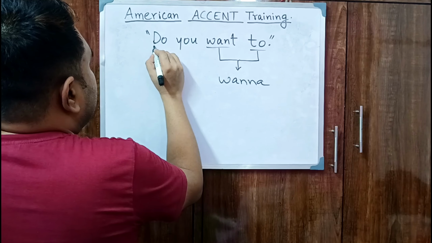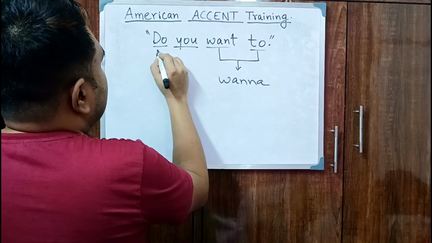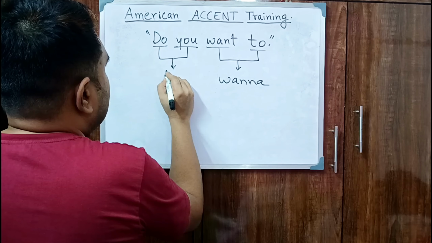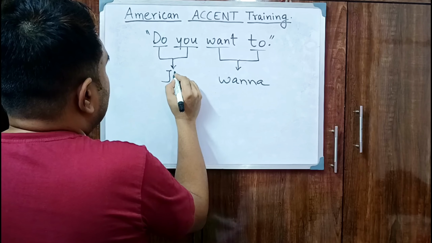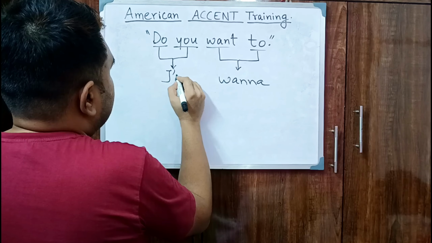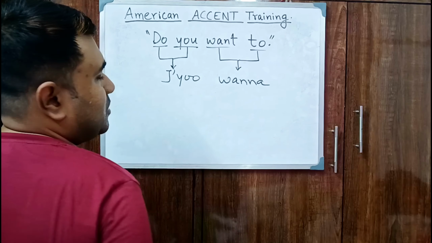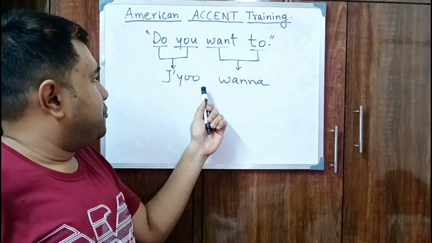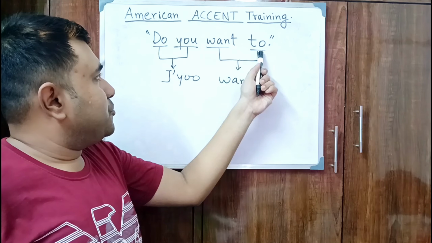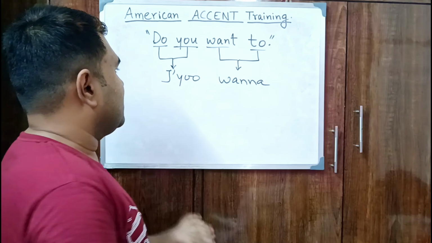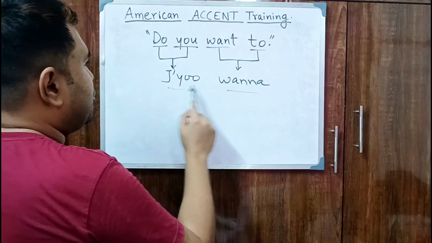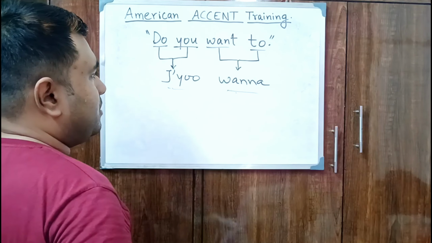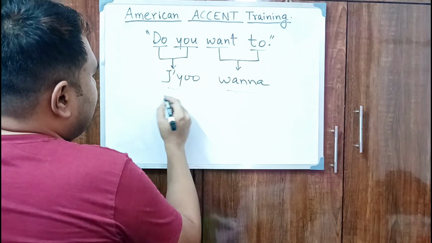And "do you," these two words will combine together to form something which is pronounced like "Jew," Jew, and "want to," "wanna," Juwanna, Juwanna. Do you want to go there? Do you want to try it? For example,